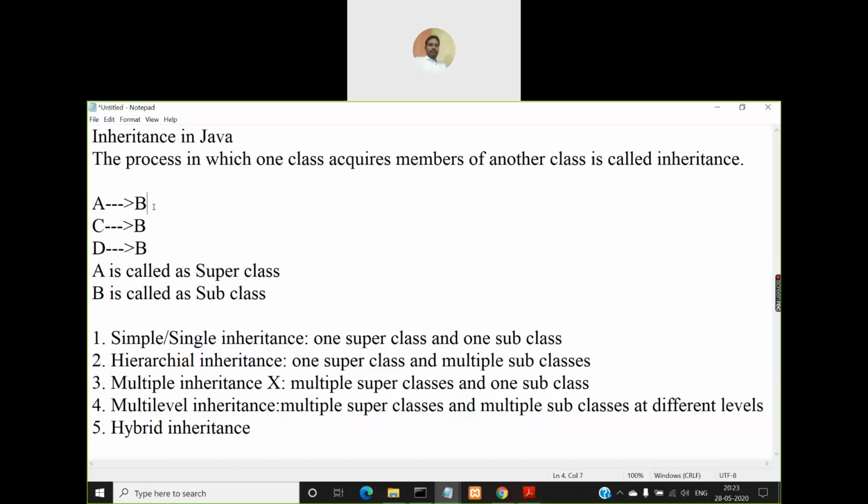So if you want to create one more level, at level 1 A is there, at level 2 B is there. So you can take it to the next level like this and create another class C. What is the meaning of this?